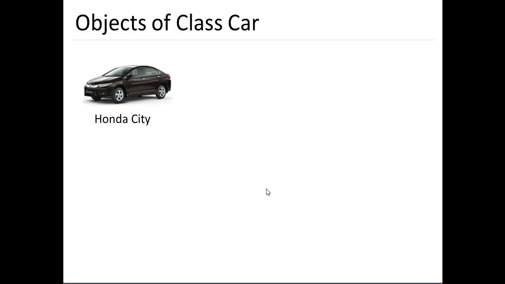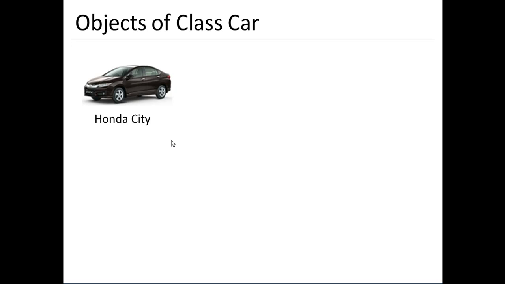Now, let's say I want to create a Honda City. I can use the same class, that is car, and I can create a Honda City, isn't it? In order to create a Honda City, it will get a different company name, model, manufacturing year, color, gear type, and all this information that will be uniquely associated with this car. Also, how this car will function, that I will need to write down, isn't it?